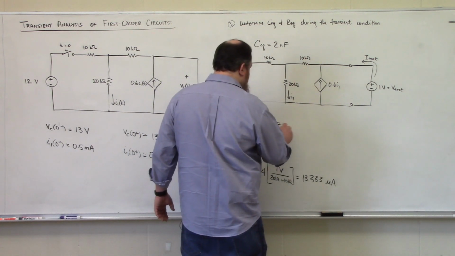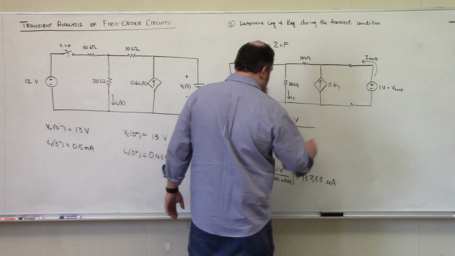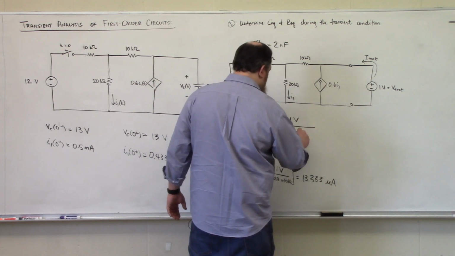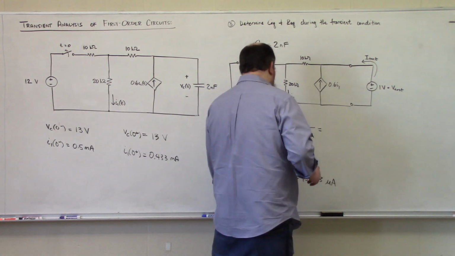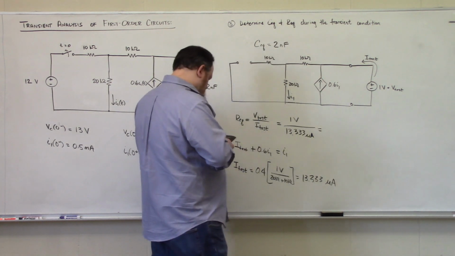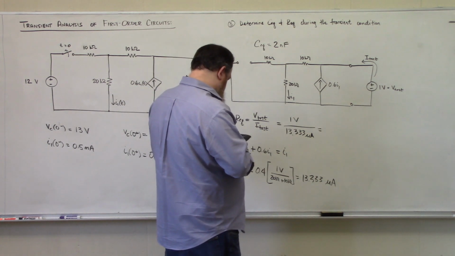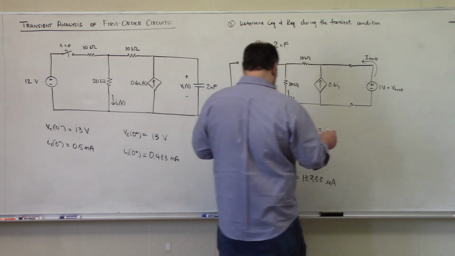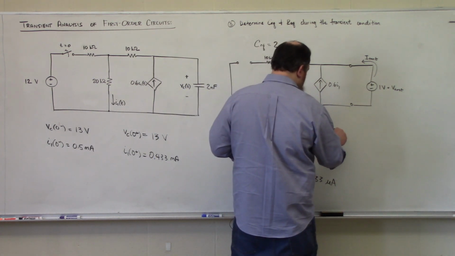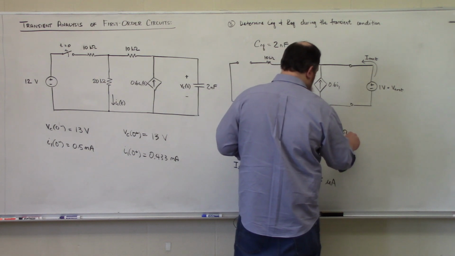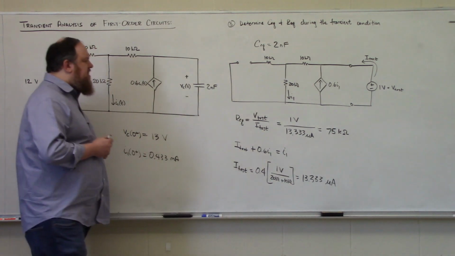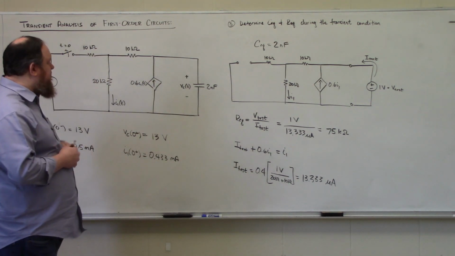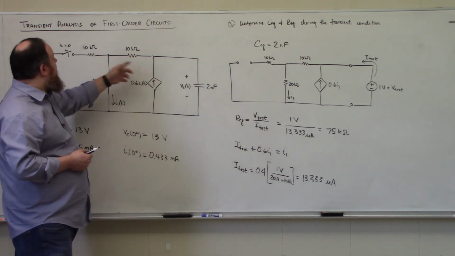So V test, 1 volt, divided by 13.333 microamps gives us 75 kiloohms. So REQ is 75 kiloohms, which, just to be clear, we would have never gotten by combining these 10 kilo ohm resistors